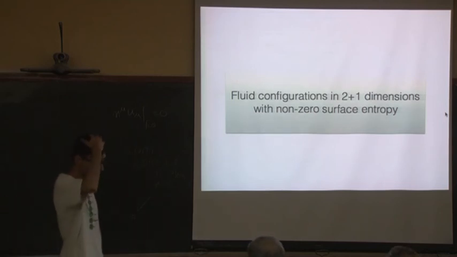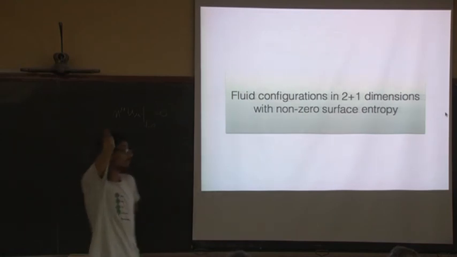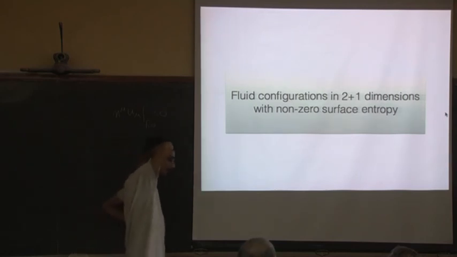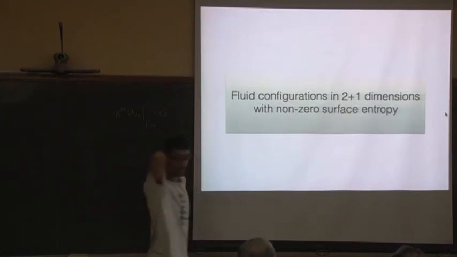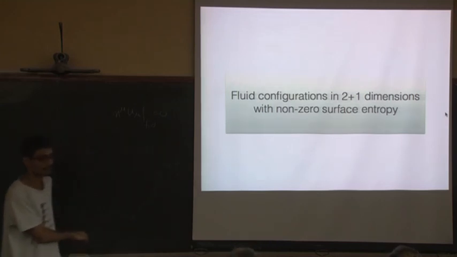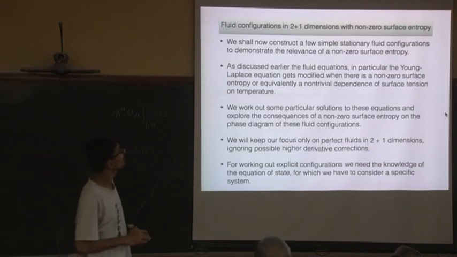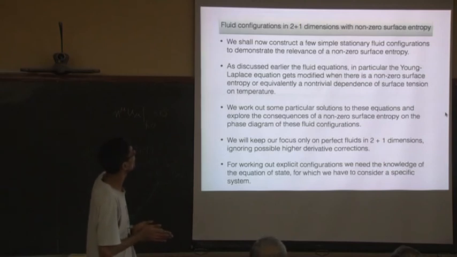So again, for perfect fluids, we saw that if there is non-zero surface entropy, or the surface tension is varying with respect to the temperature, there are extra terms which come into the normal component of the stress tensor conservation. So now we will work out some explicit constructions of these fluid configurations and see what we can learn. We consider a few simple stationary fluid configurations to demonstrate the relevance of a non-zero